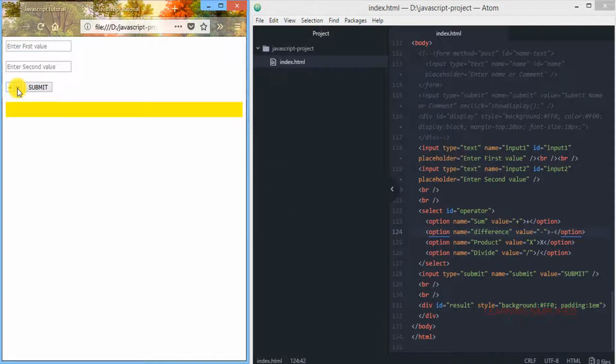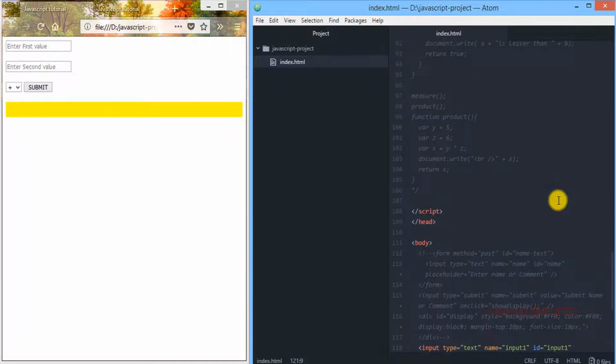Then, if the user provides the plus sign and presses the submit button, these two input values will be added. If the user provides the negative sign, it will create a difference, and the difference will be shown in this particular div that we have created at the end of this project. In the same process we will be able to multiply or divide those input values, and show them in this yellow background div.